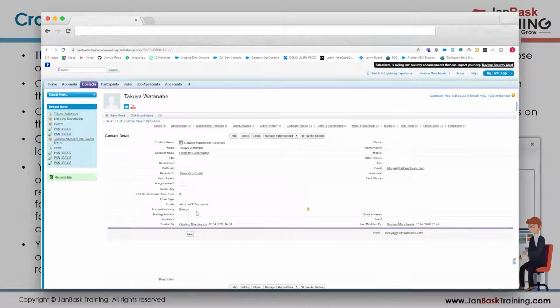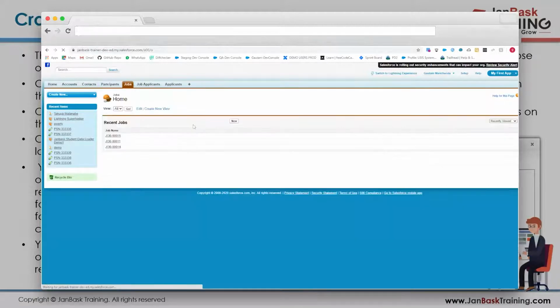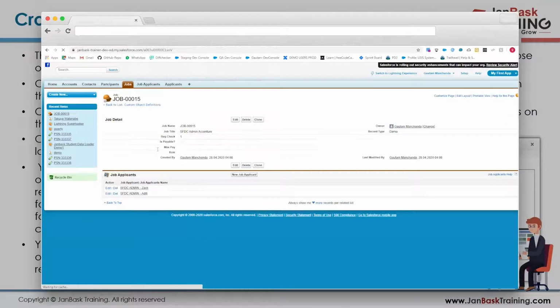If we have some sort of business logic that has to be executed, for example, I have to see whether or not this case gets closed within 5 days. Suppose there is a job posting that I have created. I just want to see whether or not this job posting was closed within 5 days. So I can have a status, open and closed, and I want a checkbox. If from the created date, it was created on 28/4, within 5 days its status was marked as closed, that checkbox should get checked. Otherwise, it remains open and my report shows that there is a job posting which was open for more than 5 days at a stretch.